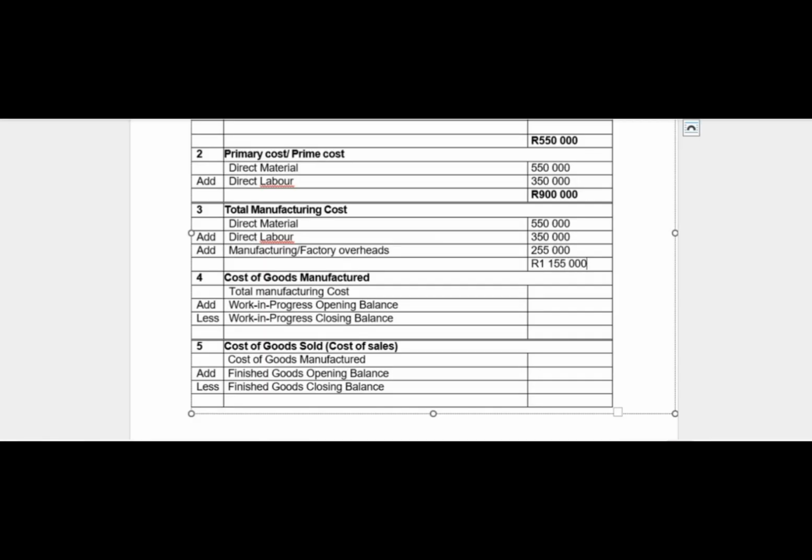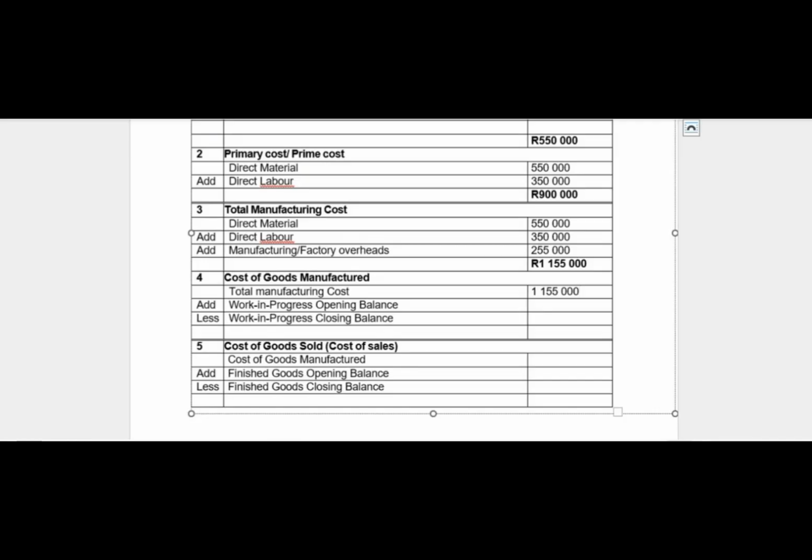1,155,000. All right, and then that is your total manufacturing cost. So now we are done with the total manufacturing cost. Let's go to our cost of goods manufactured. Remember, for us to calculate cost of goods manufactured, we needed what? Total manufacturing cost, which is going to be